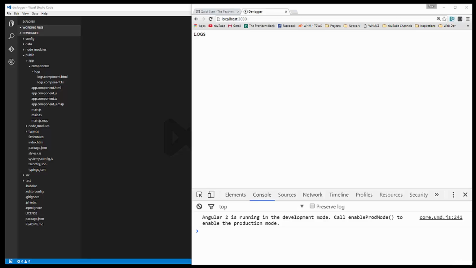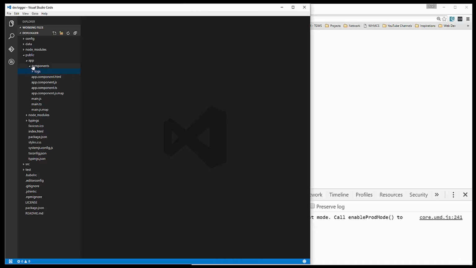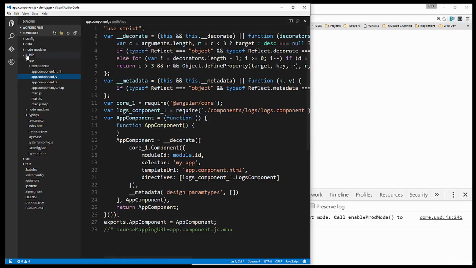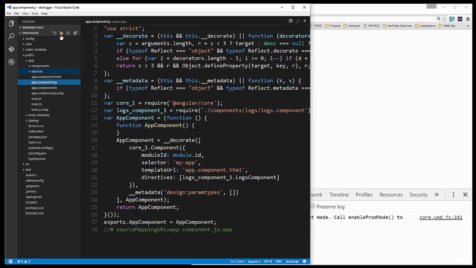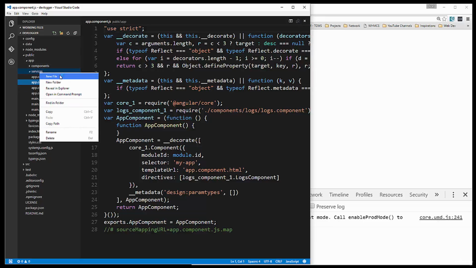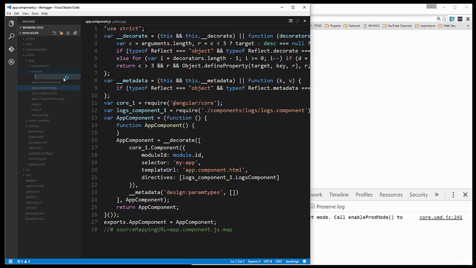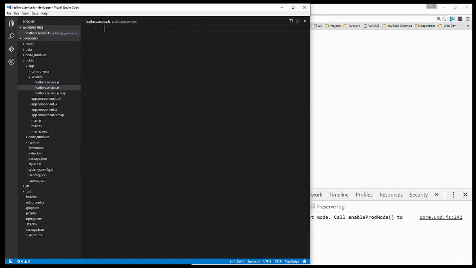Alright guys, in the last video we went ahead and set up Angular in the front end and the logs component, which right now is pretty much blank. So what we want to do is create a service to interact with the Feathers server. So let's create a folder inside the public and then inside the app folder, and we're going to call this services. Alright, and then inside there we're going to create a new file, and we're going to call this feathers.service.ts. Alright, and then just add all the standard stuff that we usually do, such as injectable,